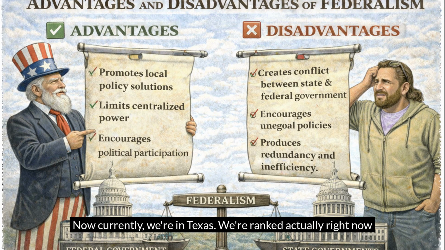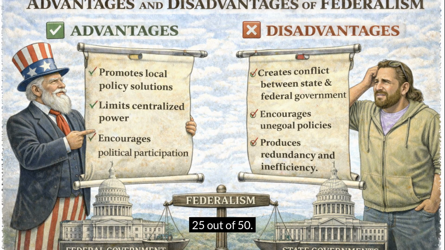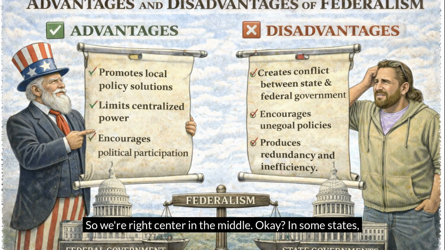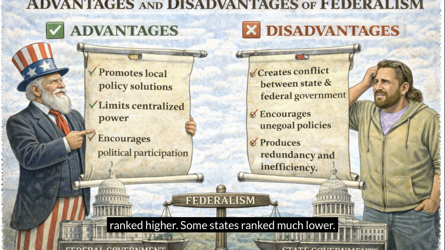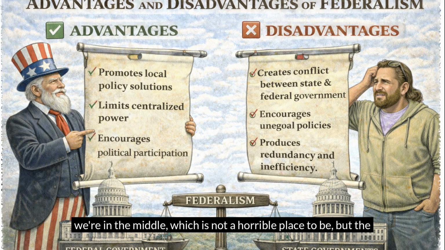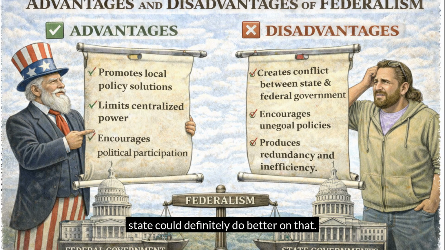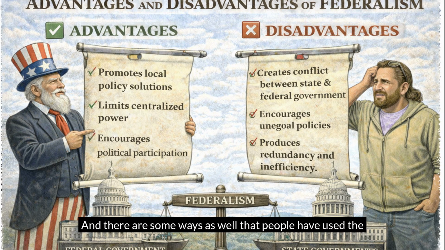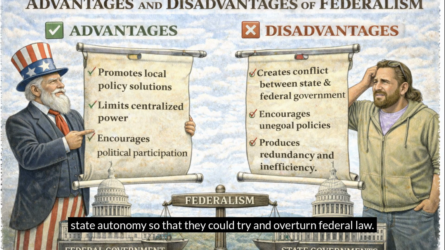We're ranked actually right now 25 out of 50. So we're right in the middle. Some states ranked higher, some states ranked much lower. We're in the middle, which is not a horrible place to be, but the state could definitely do better on that. And there are some ways as well that people have used this state autonomy so that they could try